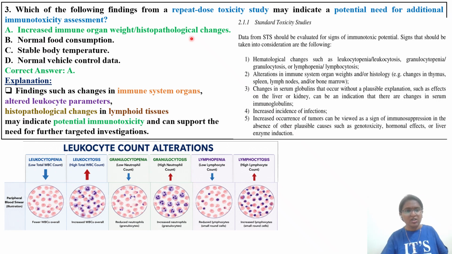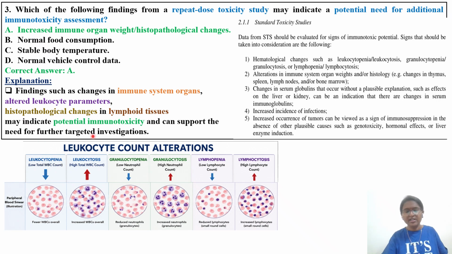What are the other options? See, normal food consumption, stable body temperature, normal vehicle control. So all these three are not triggering any red flag with respect to immunotoxicity. Okay, so we'll see what is the explanation given by ChatGPT. Findings such as changes in the immune system organs, altered leukocyte parameters. I just told you, you can pause the video and check what is leukocytopenia, leukocytosis, granulocytosis, lymphopenia, lymphocytosis. Okay, histopathological changes in the lymphoid tissue may indicate a potential immunotoxicity and can support the need